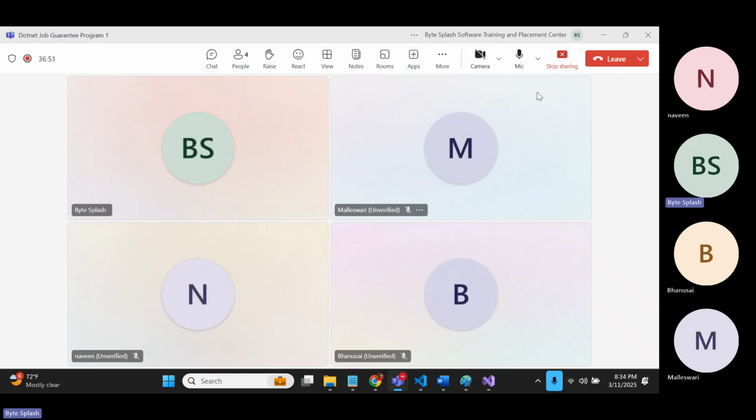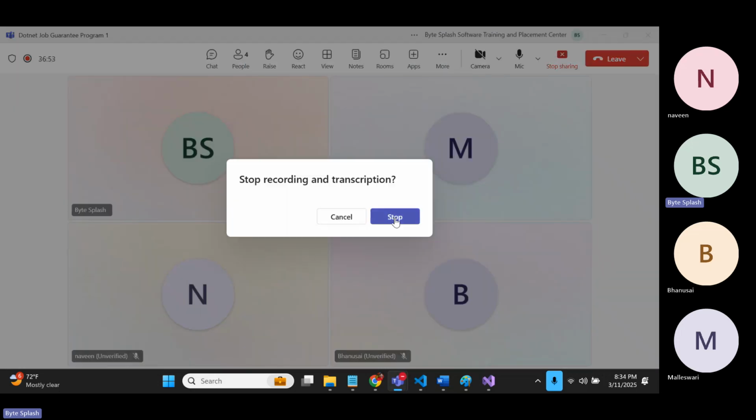Okay, guys. Do you understand till this point? Operators are very important. If you just practice once,